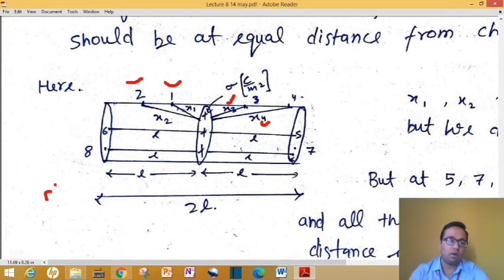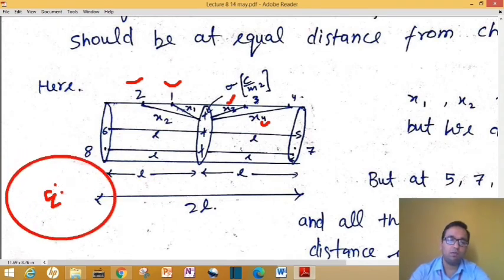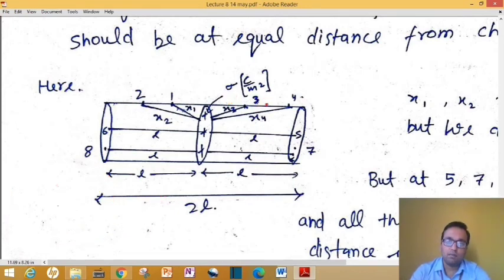Because we have learned that for a point charge the Gaussian surface will be a symmetrical sphere. Why? Because if the charge is placed at the center of the sphere, then each point of the surface should be at equal distance. But here it doesn't look the same, because each distance, say x1, x2, x3, x4, of this surface is not at the same distance. All are different. First of all, this is the question portion only which I cleared. I hope you understood what the doubt is. Okay, so let me explain to you.